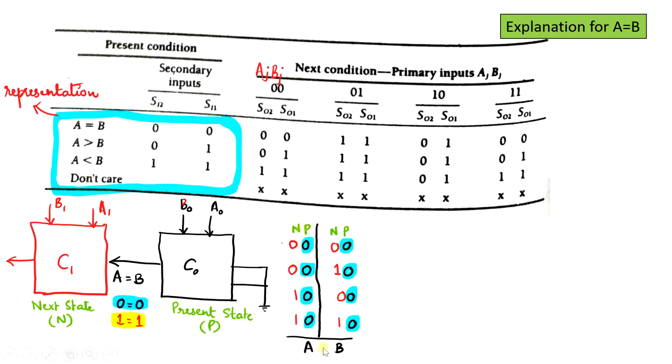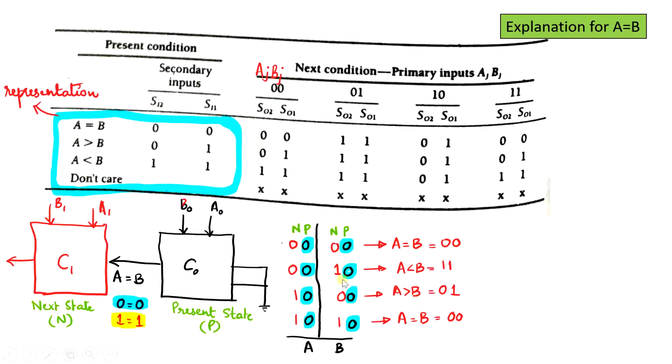So I have to consider these to be A and this to be B. So I will compare A and B and encode it depending upon the way I have considered the representation. Let me see the first case. 0, 0 compared with 0, 0, A is equal to B, and according to the encoding that I have assumed, it is supposed to be represented as 0, 0. That is why I get it as 0, 0.